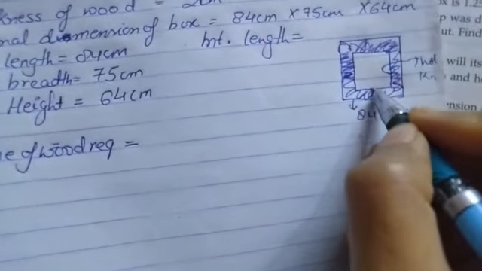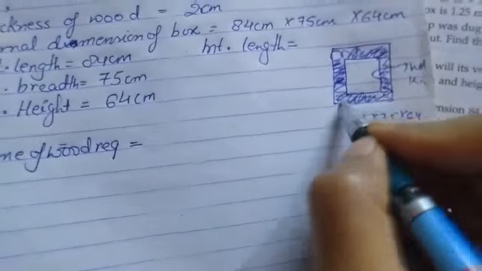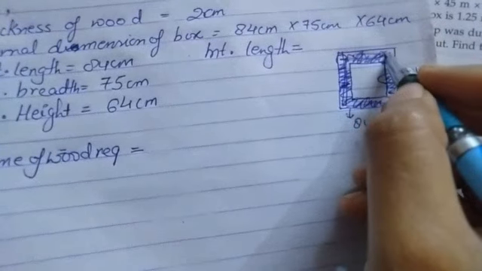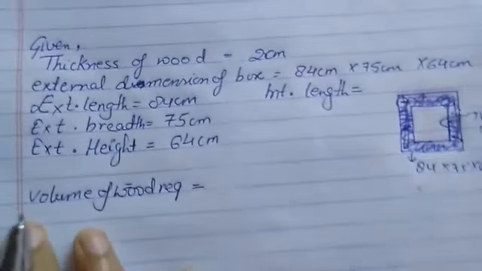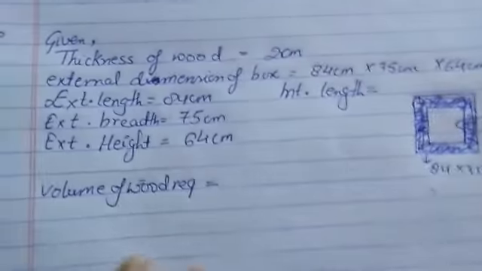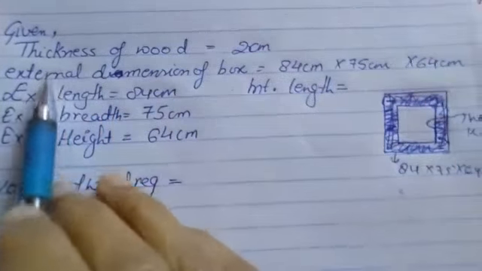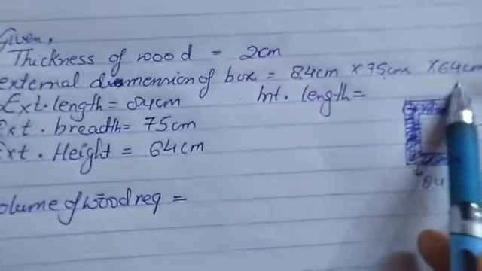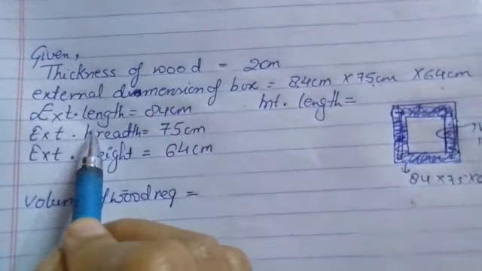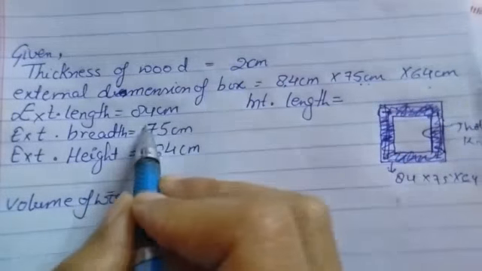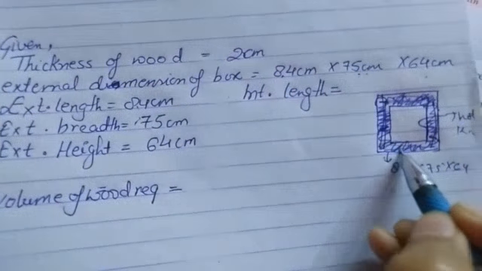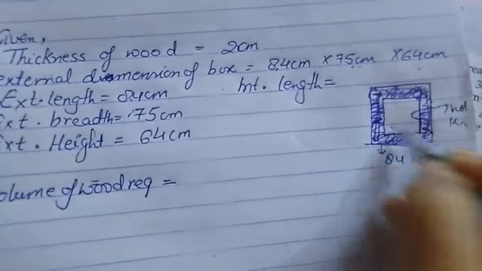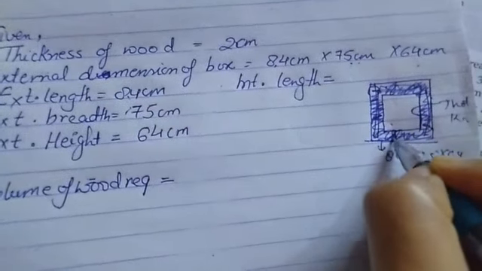Okay, I need to find the volume of this wooden box. Okay, so that I'll let you know how much wood is required to make this box. As I told you that whenever the dimension is written like this one will be the length, this is breadth, this is height. So external length is 84 centimeter. The internal length will be, suppose it is 84 centimeter, then the internal length will be 2 centimeter less, क्योंकि 2 centimeter तो ये है